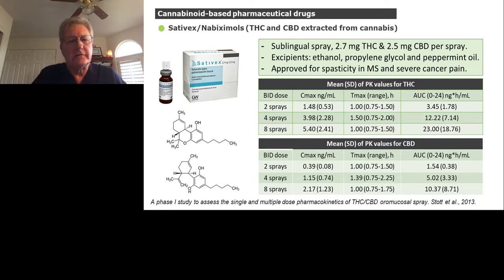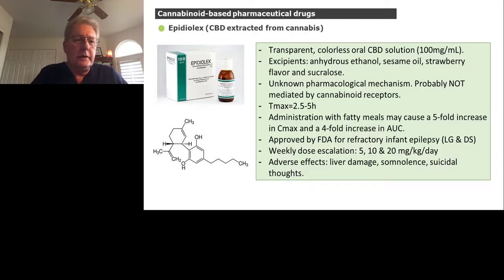So this gives us some good pharmacokinetic data on both THC and CBD. Sativex is currently still in phase 3 clinical studies here in the U.S., but it is currently available in at least 36 countries that have already approved it through their FDA equivalent